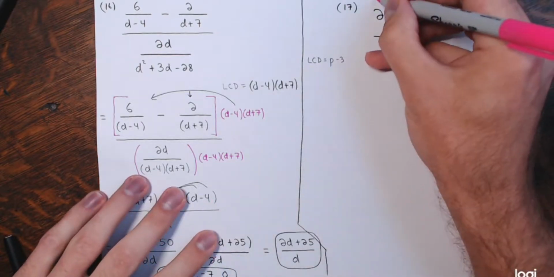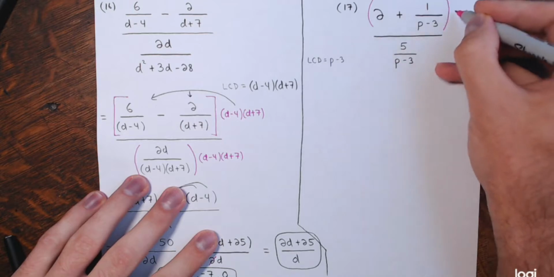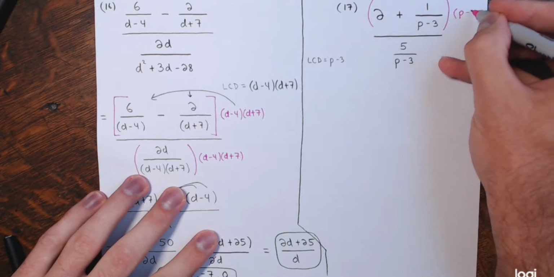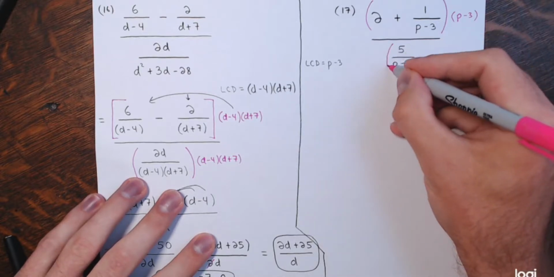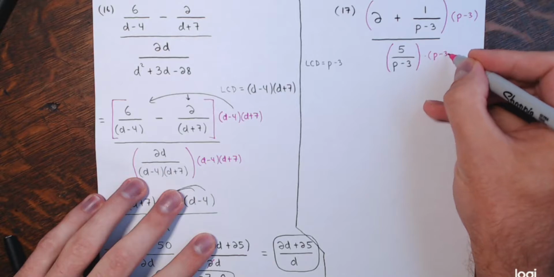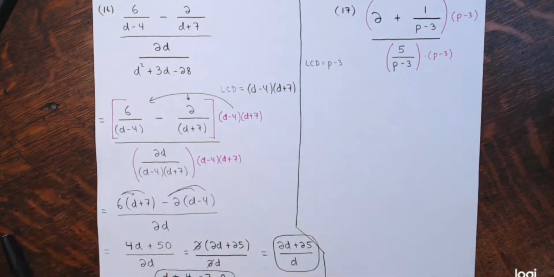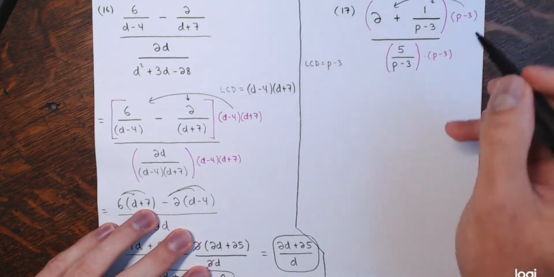So I take, multiply both terms of the numerator, right? There's a sum. Multiply both of those by the quantity p minus 3, the LCD. And there's only one fraction in the denominator, right? So I multiply that also by p minus 3. Now when I distribute this in the numerator, multiply both these terms in the numerator by p minus 3,